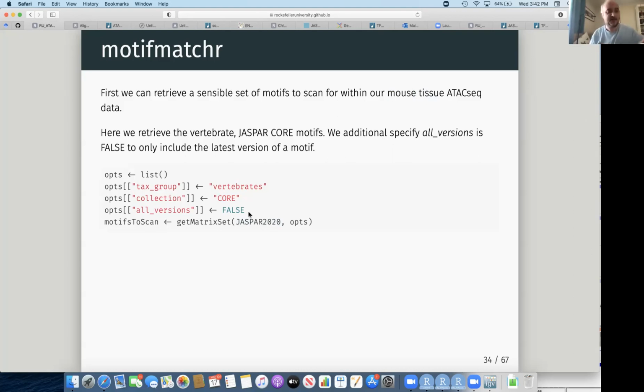Oh, it's very cold. I used this 3 years ago. I want to know what that motif was, but in your analysis, you want to use the latest. With that, I can pass that options as my second argument to getMatrixSet, give it the JASPAR DB, and it's going to go get motifs to scan, which will be our PFM matrix, and that's going to be